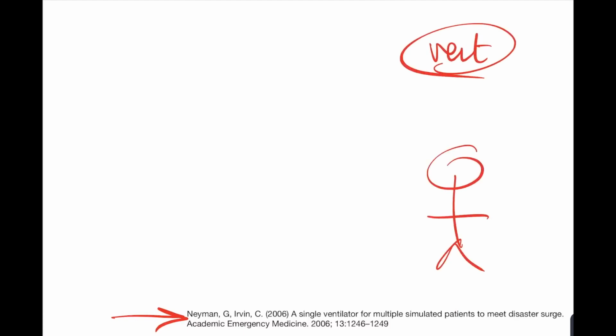There's one port or tube that is coming out of the ventilator and going into the patient. And then there's another port that is coming out of the patient and that goes into the ventilator. So one ventilator, one patient. That is the standard. However, in cases where there is a massive increase in load on the healthcare system, we